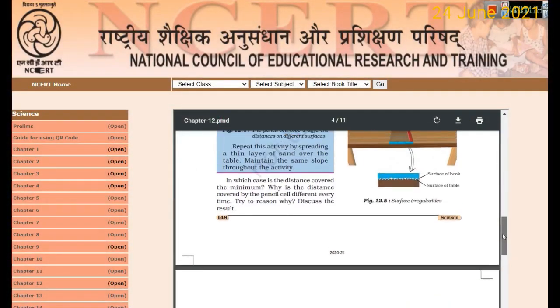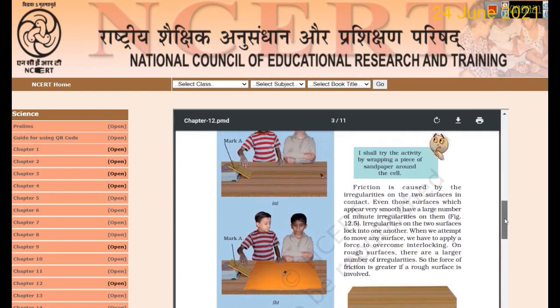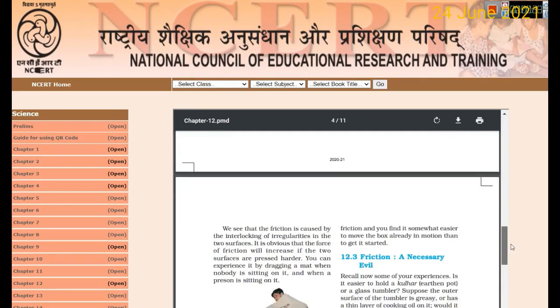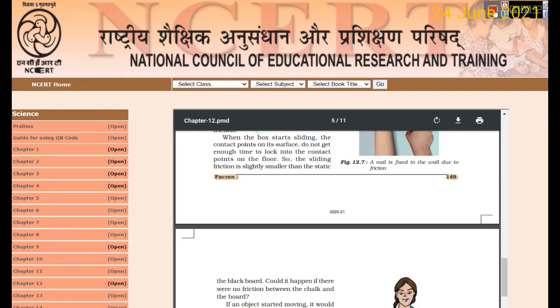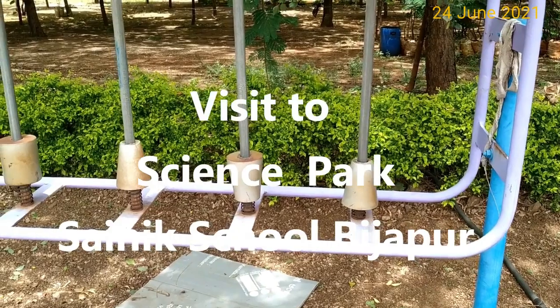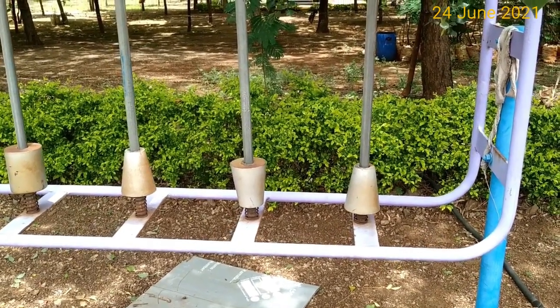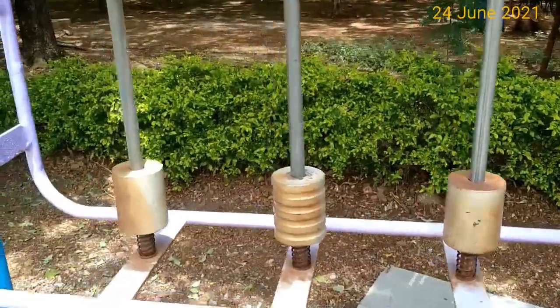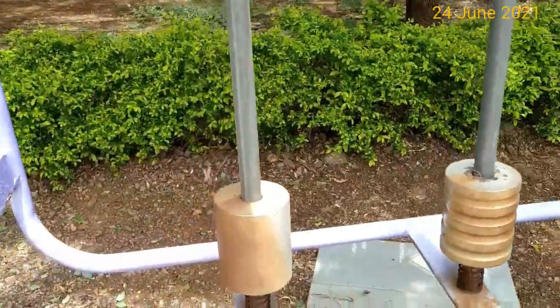Before I tell you the name of the chapter which we are taking up for discussion, I am going to demonstrate a small model, and here we go. Dear children, I am going to show you a model where these metal objects are placed inside the cylindrical tube. Can you see this?